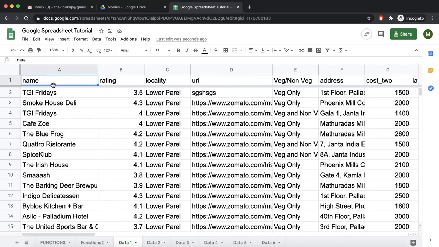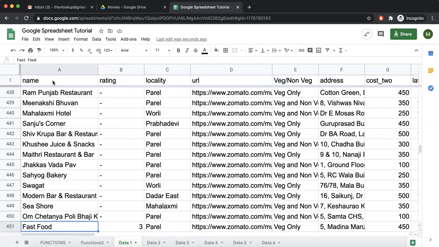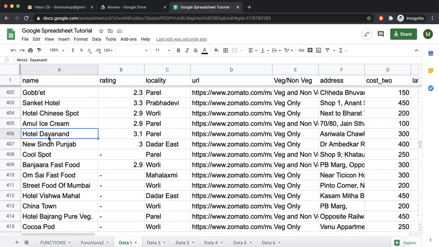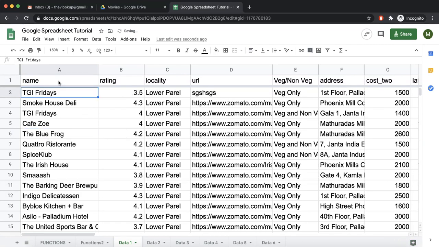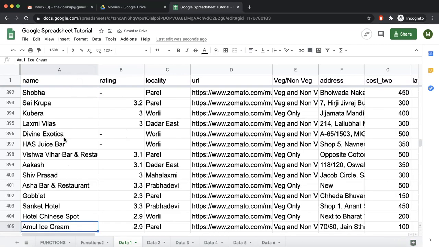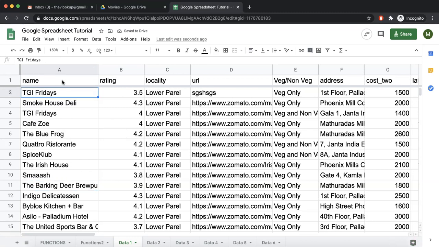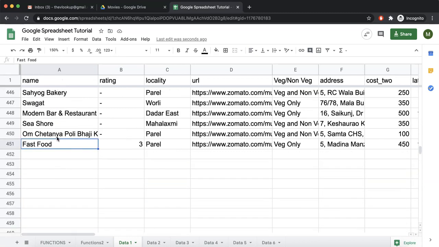From here, if I want to go to the last row, I select command down key. I have reached my last. But if in case there was some blank rows in between, now if I click command and go down, it takes me to the last value that has some value that is not blank. So in this case, there was a blank over here. So it stopped at 405. I do undo. Now there is no blank. Now if I say command or control down key, I am on the last row.